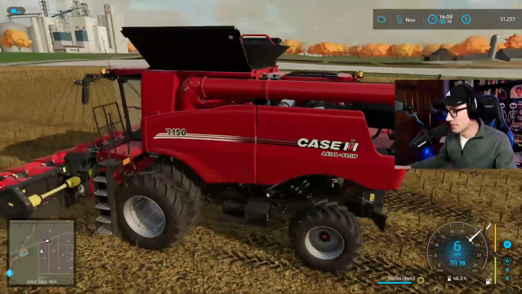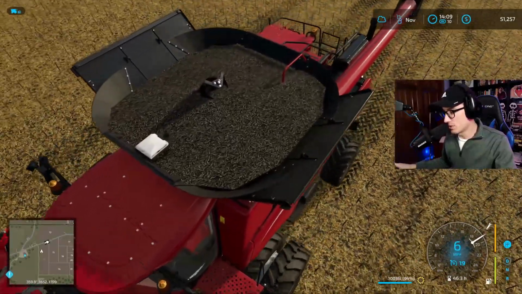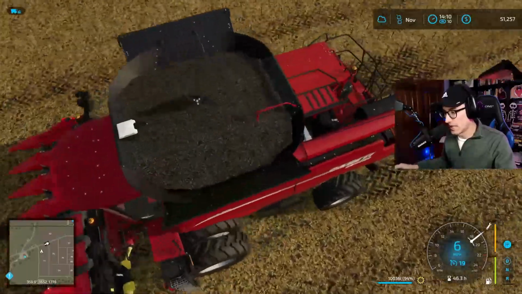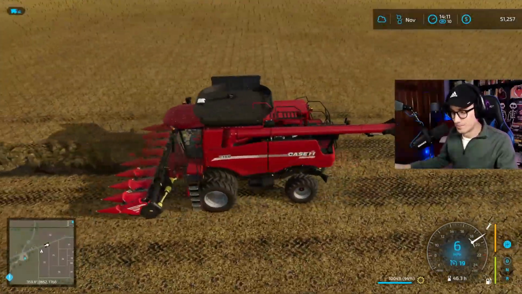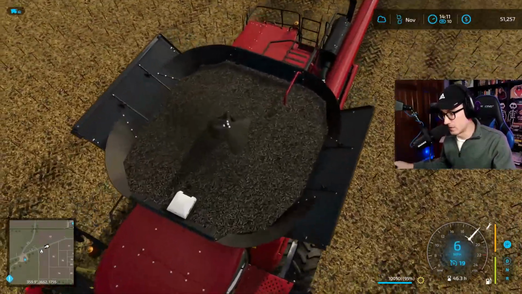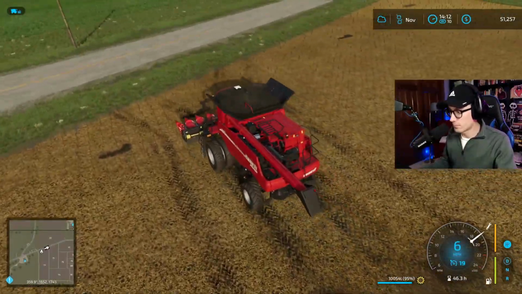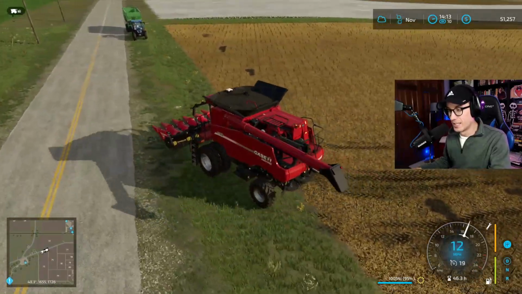Look at this, we got a full combine here, to the brim. Those seeds are huge. The texture is very good on those seeds, but the sizing is wrong. Like those look huge. Or at least in my very non-expert opinion, those look like big seeds. Cool. I would call that a success. We'll see, based on how...